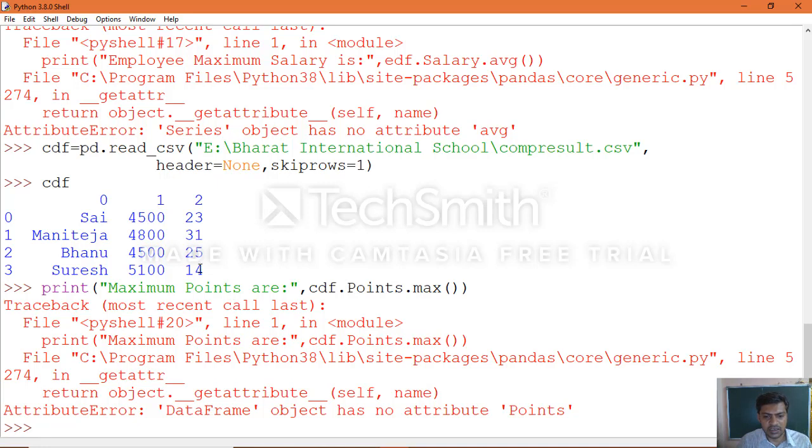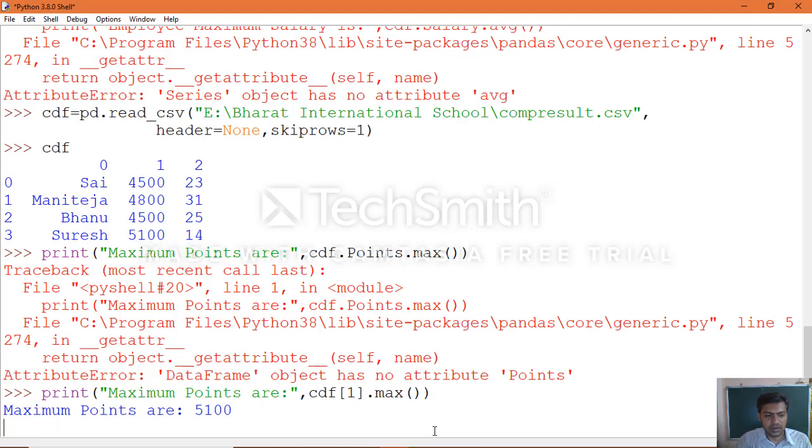So how can we do that? We can execute that statement with the help of one, sorry, one dot max. When you update the statement, you will be able to execute it.